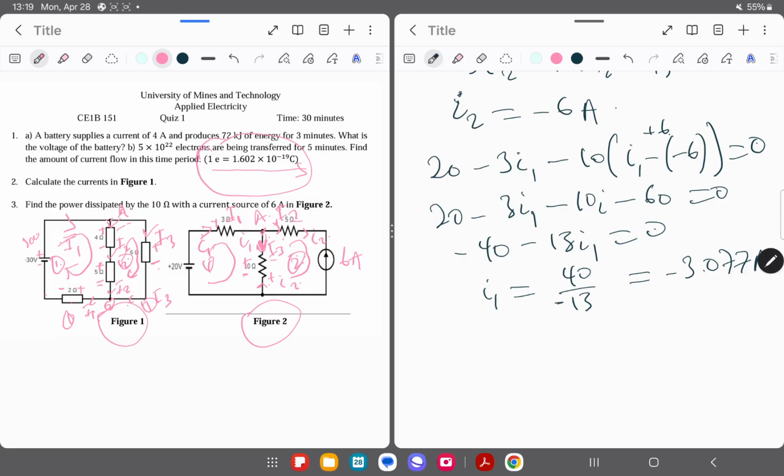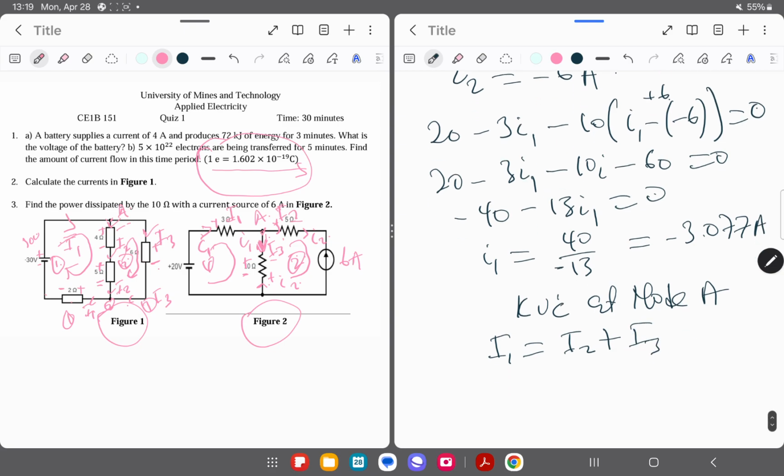Now I3 is the current which is passing through the 10 ohms. So if we apply Kirchhoff current law at node A, you can see that we can write I1 equals I2 plus I3, right? And then, I'm interested in I3, so I3, which is I1 minus I2, will be equal to